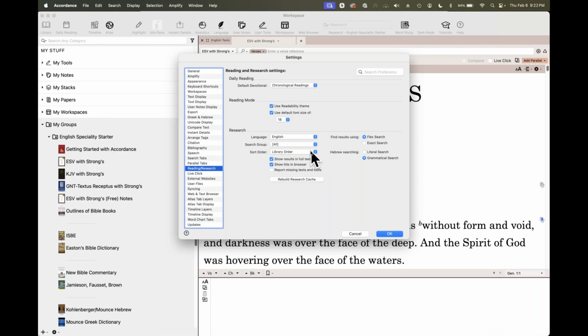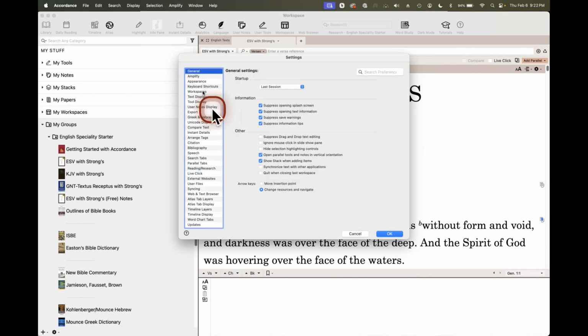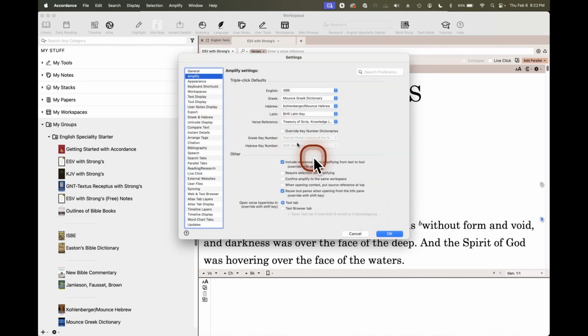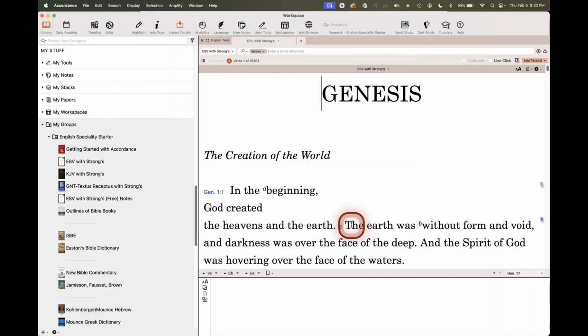So I take my favorite books, I take the best books, and I move them inside the library to the very top. That way, when I'm doing a search, those books, like cream, they rise to the top, and they're the best ones for me to work with. I think that's about all I'm going to show you on that. And then you can just change them all, and the minute you hit OK, it goes through and changes them all. So you don't have to click on one, change it and hit OK, click on one, change it and hit OK. You can just do them all, and then at one time hit OK, and it changes everything all at once. So that's setting your preferences,